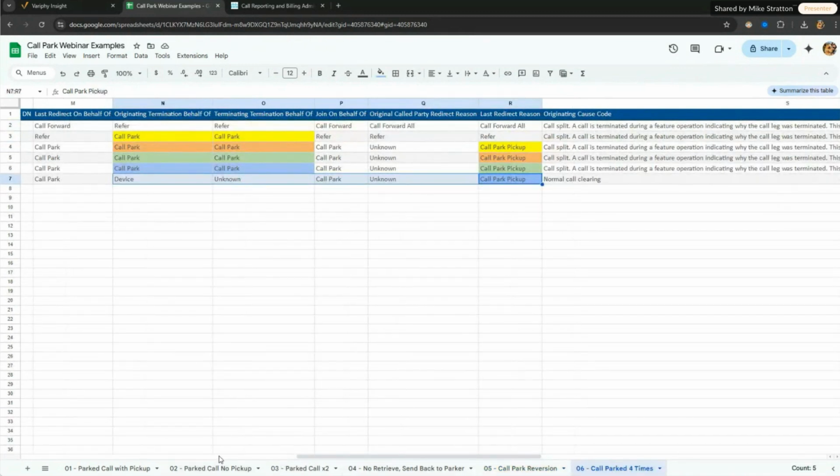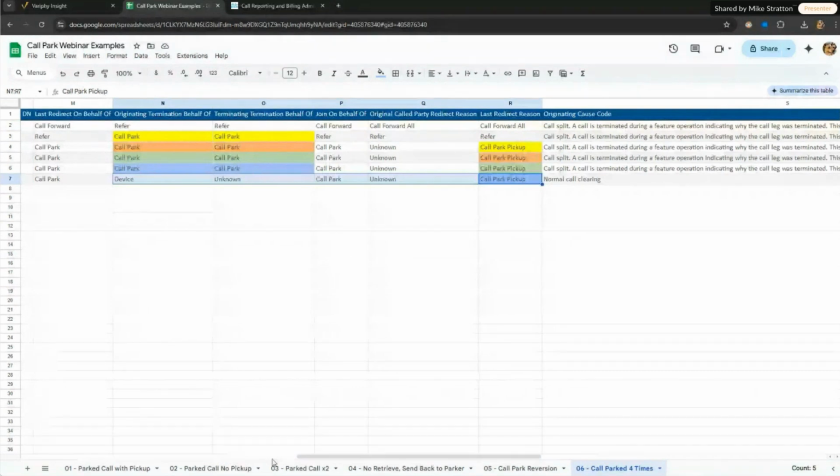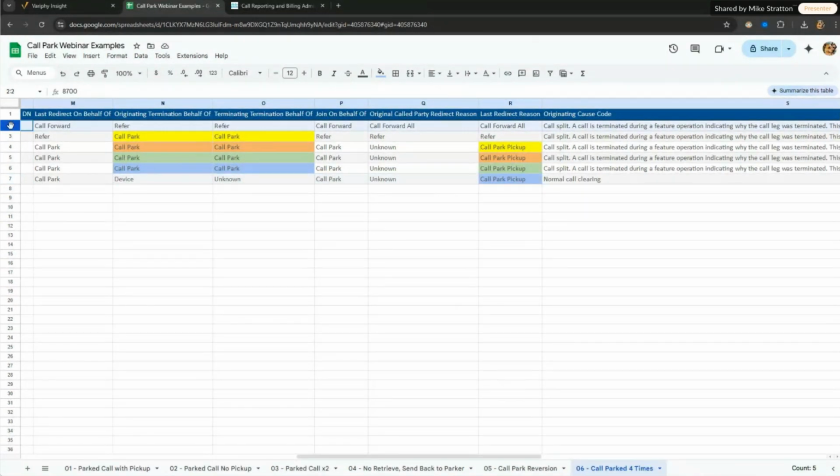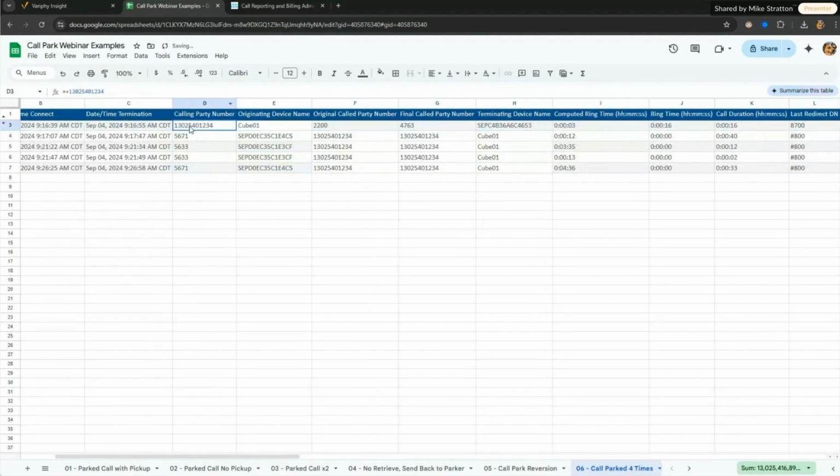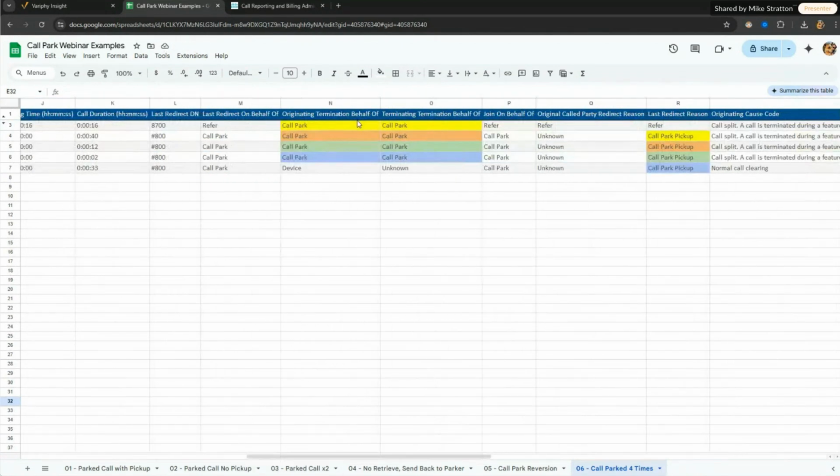This call was parked and retrieved 4 different times. So if we hide this, again, this caller called in and was parked. The call was picked up, parked again, picked up again, parked again, picked up again, and parked once more, and then picked up again. Each time someone is dialing 800. Each time they're waiting